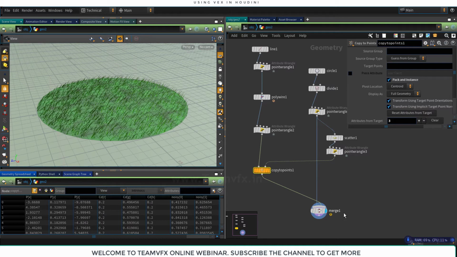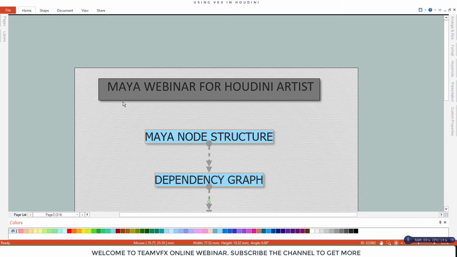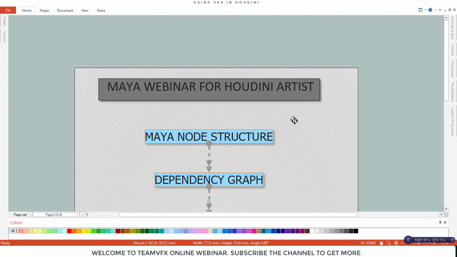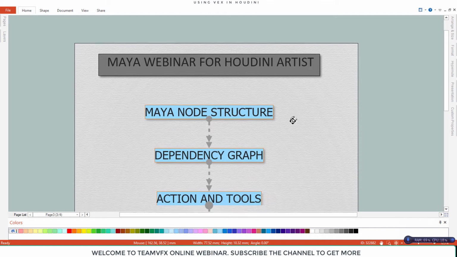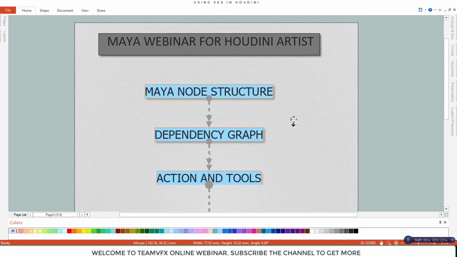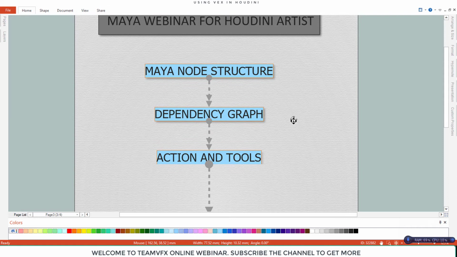So in today's webinar, we are going to learn about the Maya node structure and dependency graph, how the Maya dependency graph works, and what the dependency graph actually is.